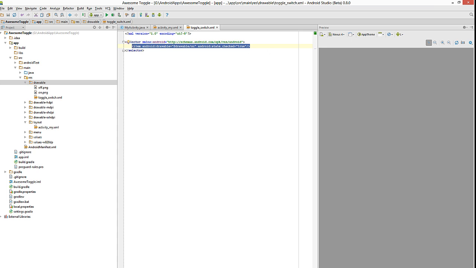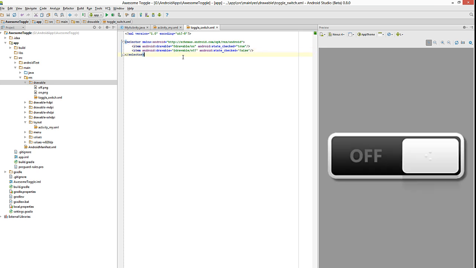And then I'm going to take that and copy it again. Well, it was already copied, so I didn't have to do that. Control-V to paste it, and then drawable off. And then this one is false. Very, very simple. We see a preview show up here. So now that you have that done, we want to go back to the layout or